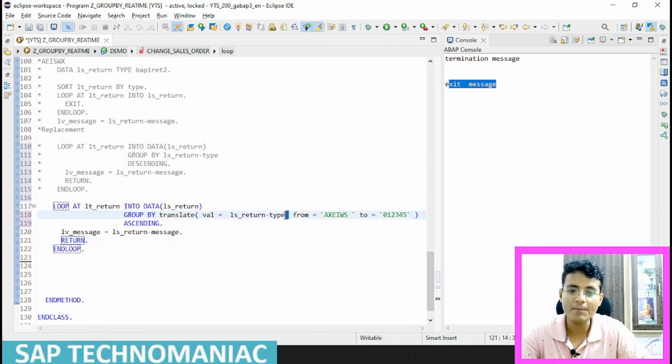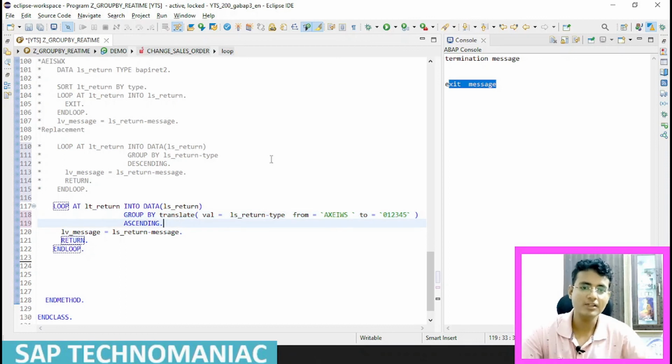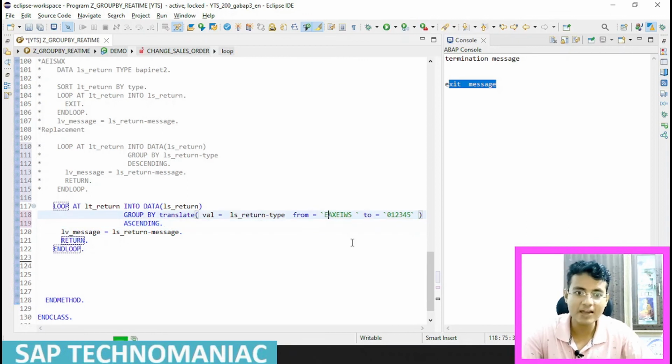What I am doing is passing this value, the return type. I am converting A, X, E, I, W, S into 0, 1, 2, 3, 4, 5, and then I am doing ascending and descending. Suppose I want to display the information message first. No, it will be better to display the error message first. So I will put error first. Then if there is some error, it will be prioritized as 0 and displayed first, because I did ascending. Let me do Control F3